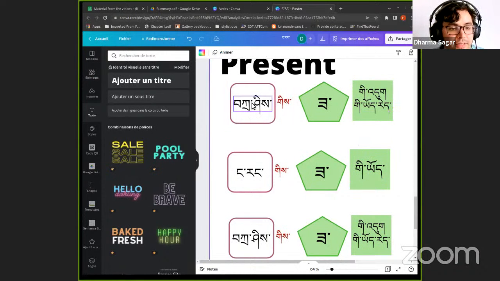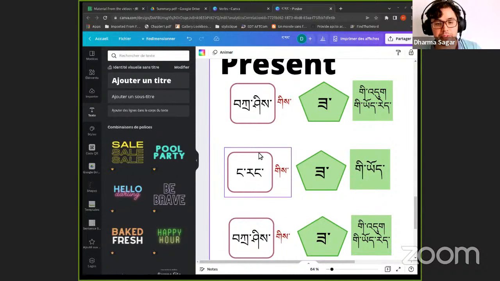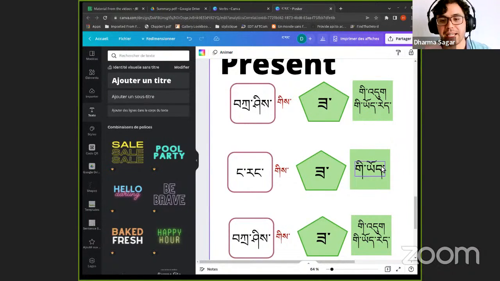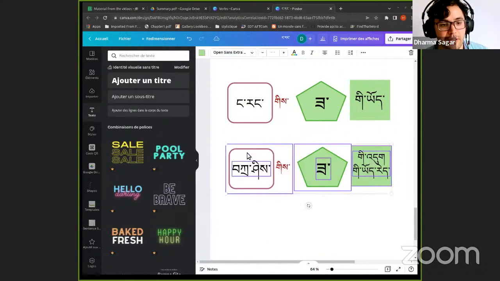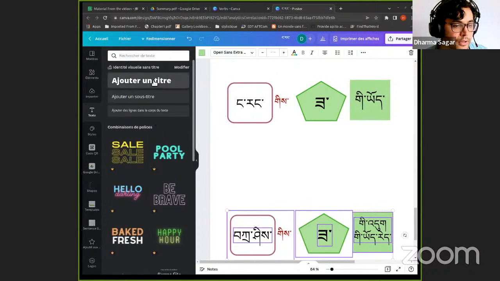So for the present, you have these things. For everything related to the speaker, you use yin: zagiyor, drogiyor, tungiyor. When it is something that the speaker does himself and he has this direct experience, then giyor. When it is in the present and outwards, not the speaker but the others, then it is gidu, giyore. Trashigi zagidu, trashi drogidu, trashigi tungidu, etc. So gidu, giyore, giyo are for the present. And now future.